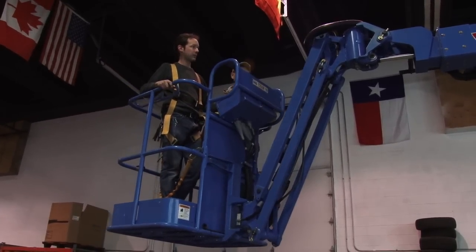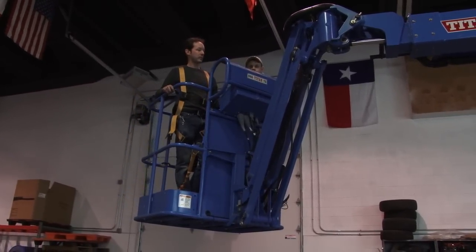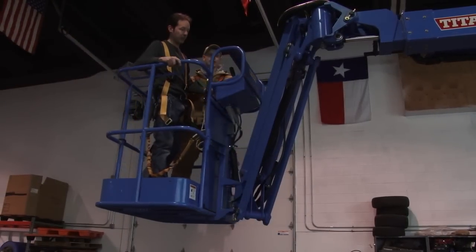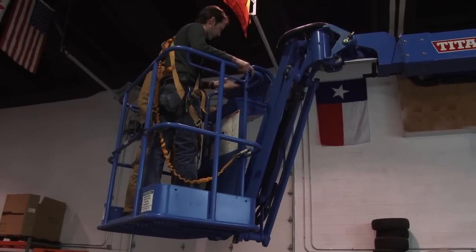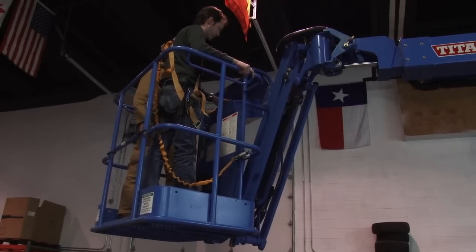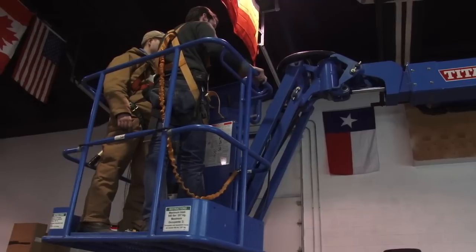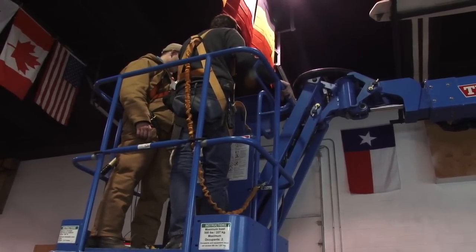So we can turn and come around to the side here now. Now we can turn the basket. And that can just turn us back right out towards the camera again. And this will turn quite a ways, actually. Yeah, that'll come all the way around to the side. So when you're up to where it can reach, it gives you a lot of options to be just about anywhere. Let's put this one back,